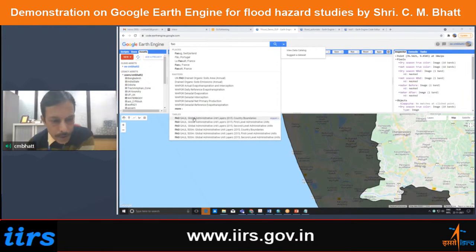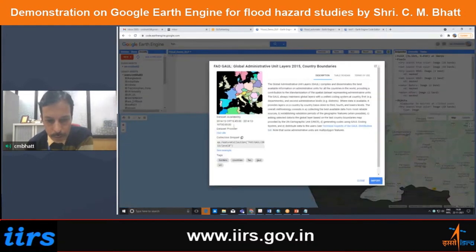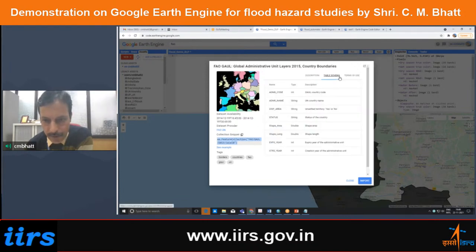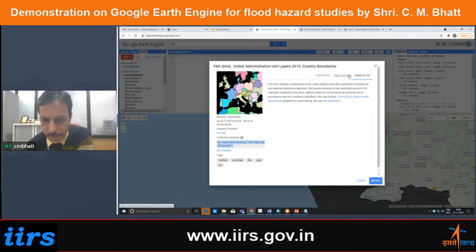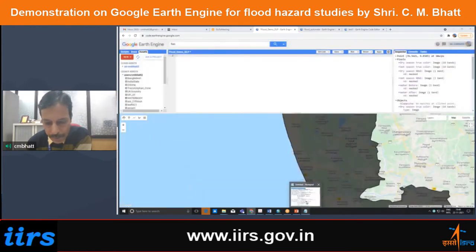So you can just search those layers, and you can click on those layers. It will show you those boundaries, what these layers consist of, what the table schema is, the terms of use, and how it has to be acknowledged. It will all show you. So in our case, I have just used